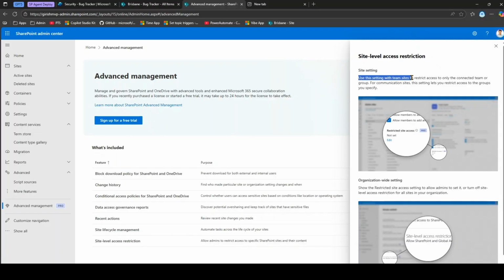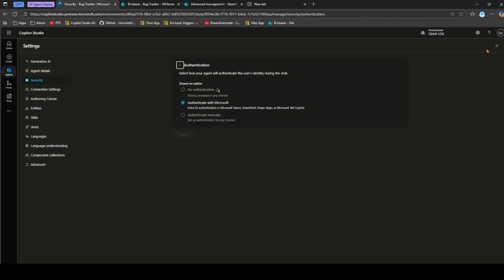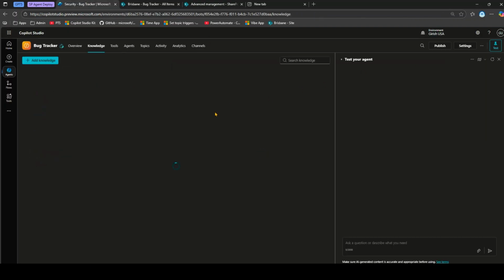It says use the setting with team site to restrict access to the connected team or group. For comm site, this setting lets you restrict access to the group you specify. And then there are some details about organization wide setting. Now, I haven't enabled the SharePoint advanced management, but if you enable it, you will be able to control that particular feature as well. Now, let's go back to our agent, go to knowledge, and here I think it's still